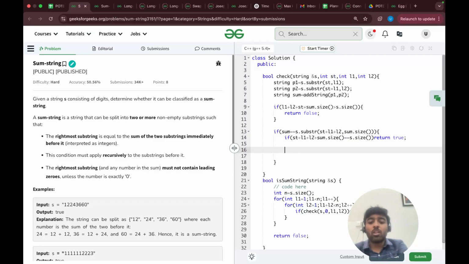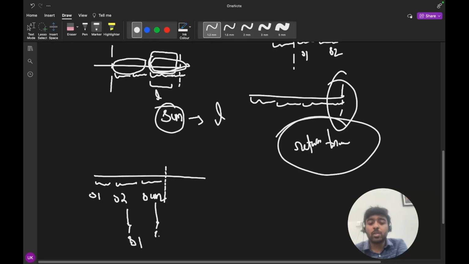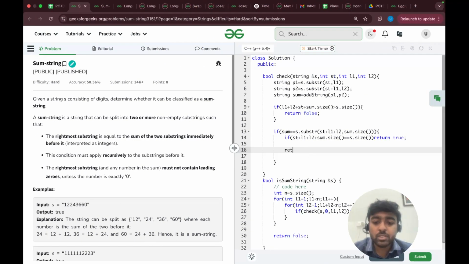Else, what I will do now: this was my string s1, s2, and here we have got the sum. So now what will happen? Now this will become S1, this will become S2, and I have to check for here, no? So I will call the function, return check.